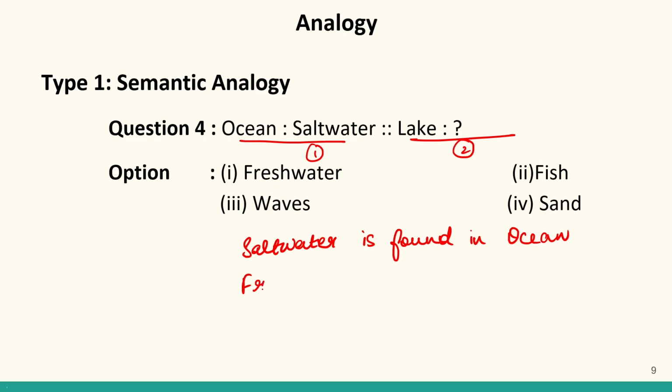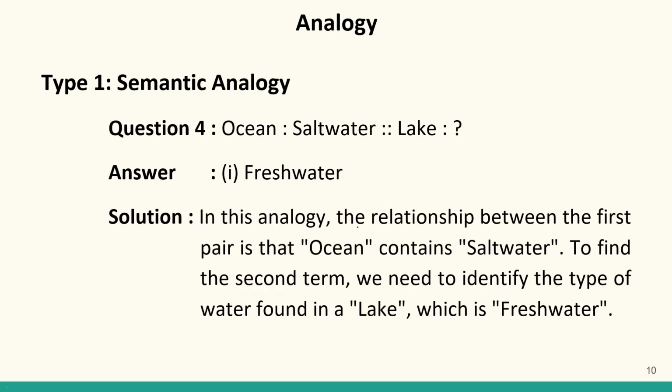Similarly, fresh water is found in a lake. So our answer will be option number 1, fresh water. You can clearly see the solution. The relationship in the first pair is that the ocean contains salt water and in the second pair that a lake contains fresh